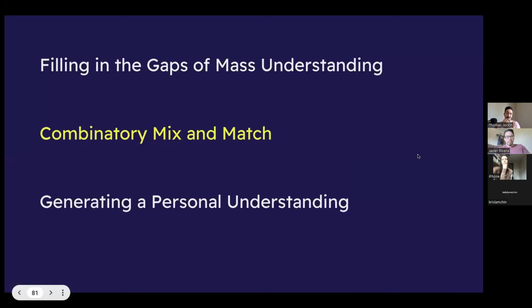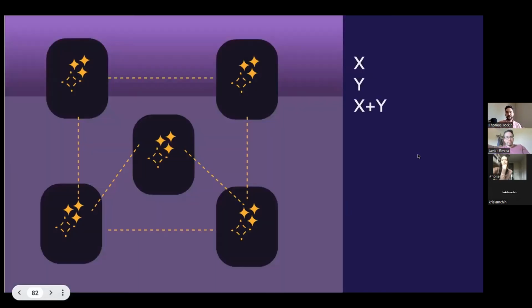Even combinatory matching, mix and match, is very easy. Now the numbers get gigantic, and it's still a problem of selection. You can make combinations. So for example, X, Y. Well, what happens if we combine X and Y? Sure. And as you get more variables to combine together, the combinatory explosion only takes about 4 variables to get up to a couple hundred thousand, or a couple thousand pair possibilities. So computers can do that combinatory mix and match, but which one is useful? Which one is actually of value versus another? That takes a human being to decide.